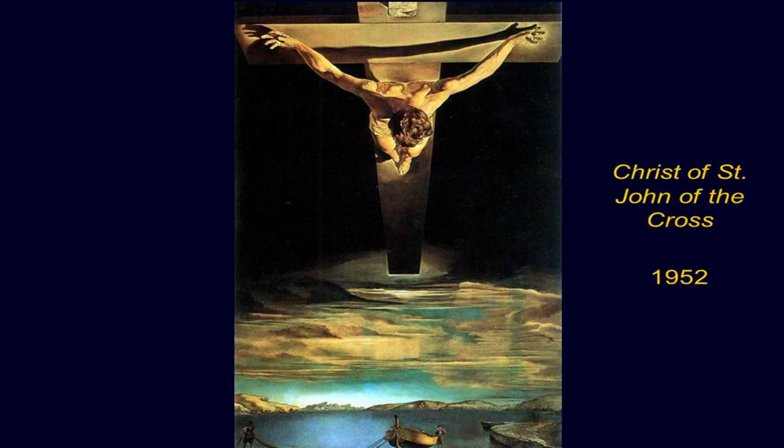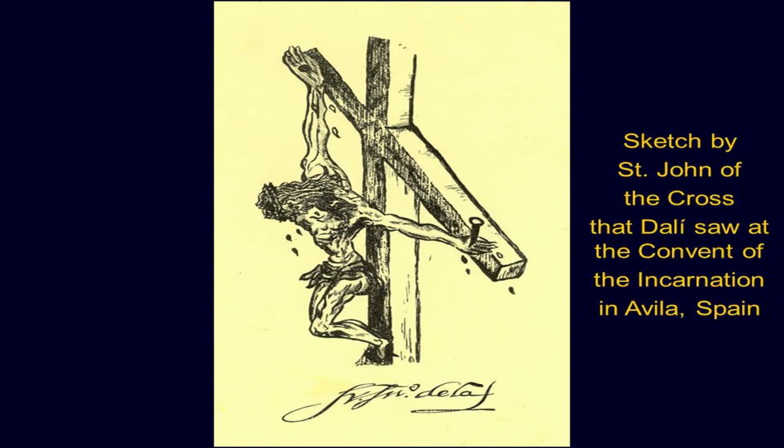1952, Dali paints the work that in a way is the summation of his religious pieces. This is the one that I think most people really resonate with. It's the Christ of St. John of the Cross, owned by the Glasgow Museum in Scotland. And it was inspired by a visit to a convent in Avila, Spain, and the